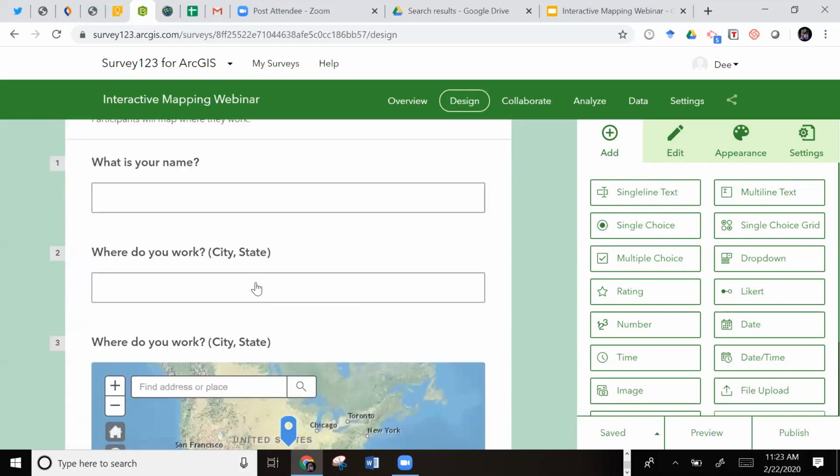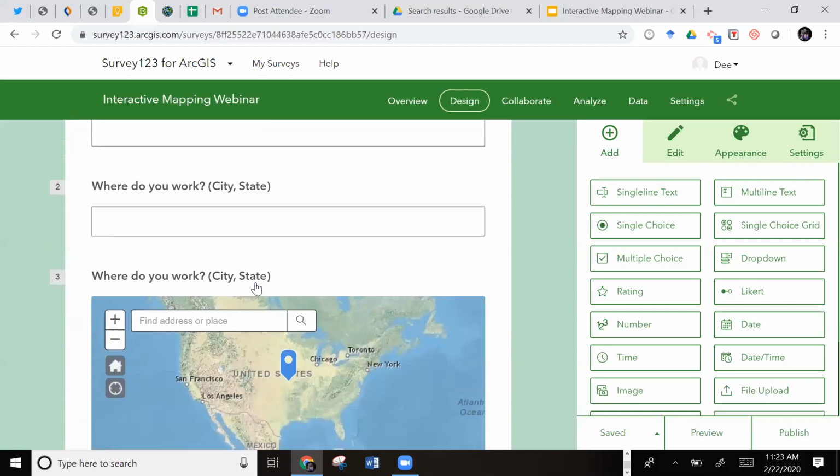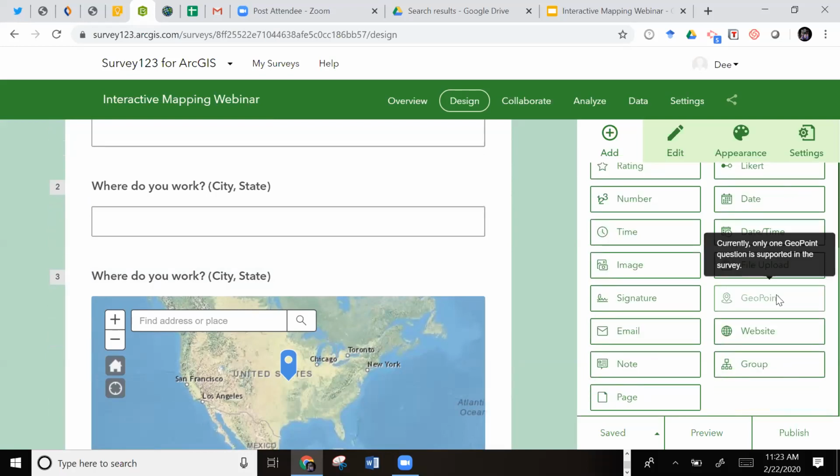But the important thing, the thing that distinguishes this from Google Forms, is that you can add a geo point here. Now, you can only do one geo point per question, but once you add the geo point right there, that takes it to a new level,